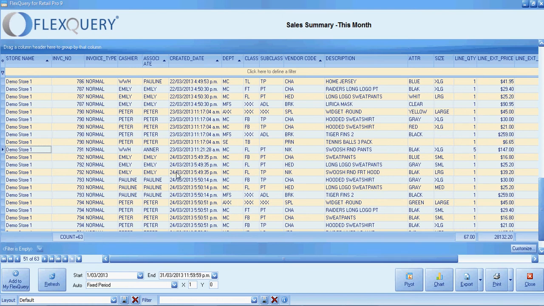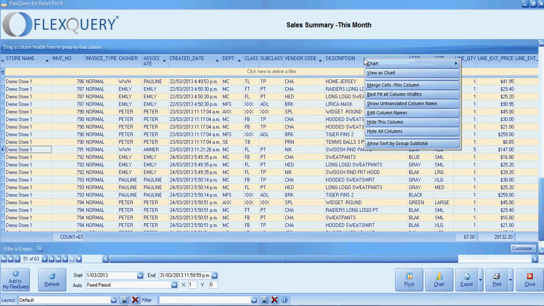Often people relate to data better visually than they do by seeing it on screen, as you see now. FlexQuery provides the means to actually create a chart out of any of the data that appears inside FlexQuery. And to do that, we'll demonstrate by going again to the column headers, right-clicking, and there's a chart menu with